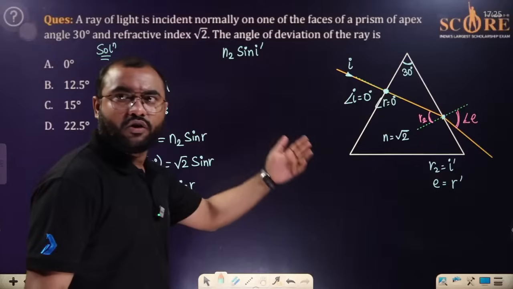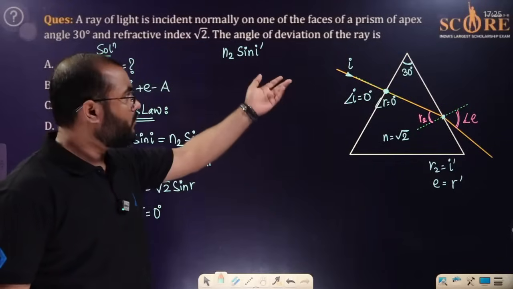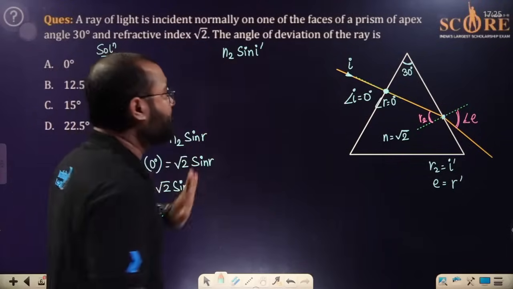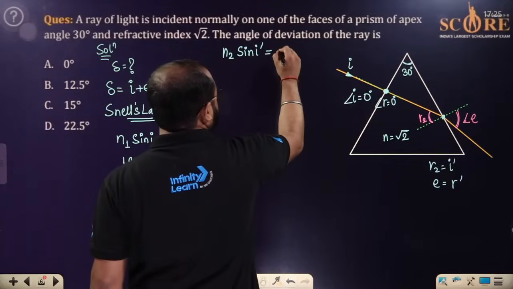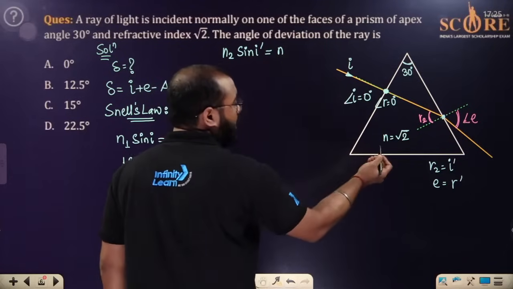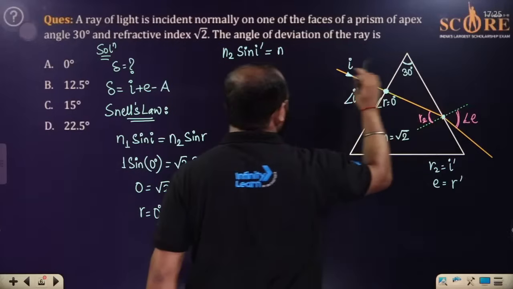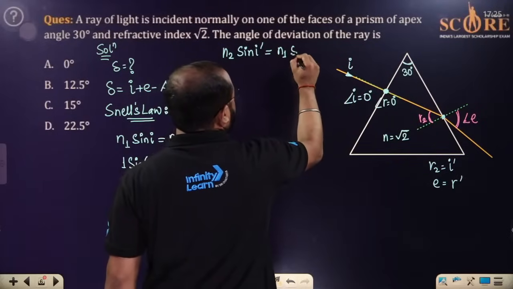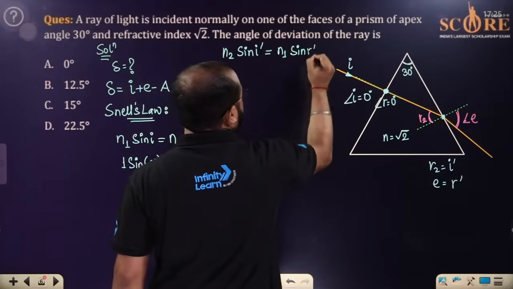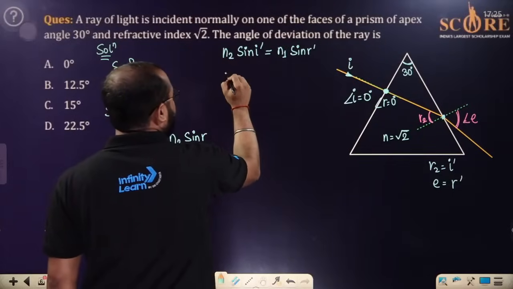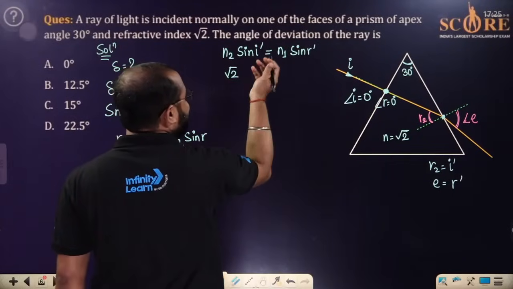Okay, because we know sin I equals sin R, we'll just convert that only. Moving next, N1. Why are we talking about N1? Because it is going to be air again. N1 sin R dash. If you talk about this, N2 will be equal to R2 and sin I will be given as